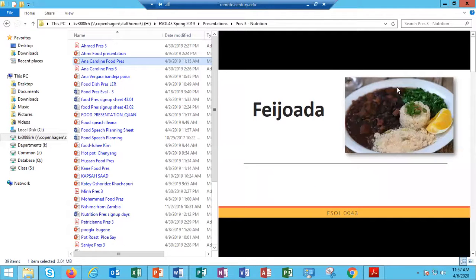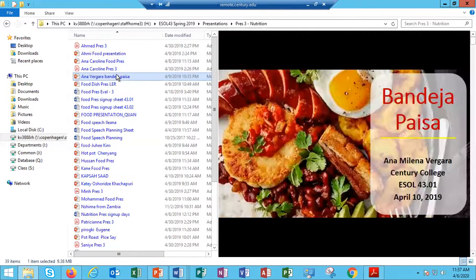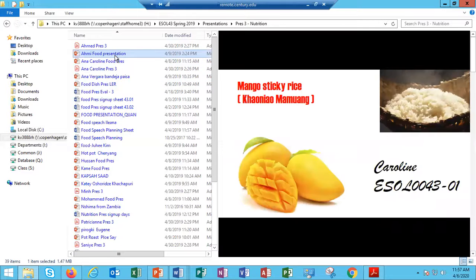So she did this food. She's from Argentina, so it's meat with beans and rice and vegetables. This one is a pancake type meal and fried plantains. This student did,